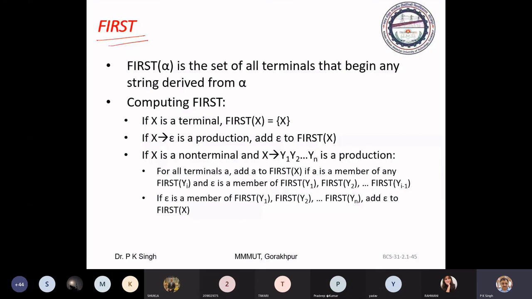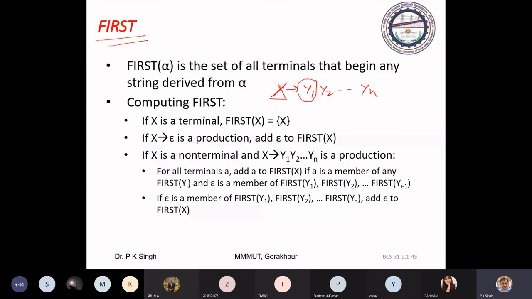If we have x to epsilon as a production, then we can add epsilon in first of x. And if we have a production like x to y1 y2 yn, then first of x contains all the symbols of first of y1.